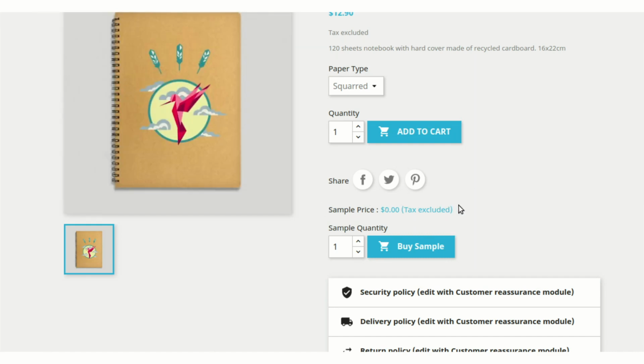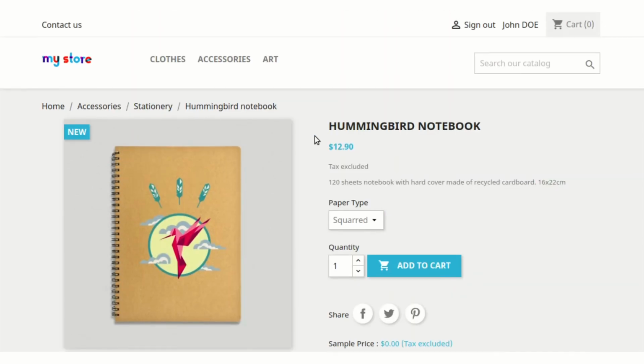As you can see, now the sample price is $0.00. That means it is being offered free. So this was all about the process of offering any sample product, and this was about a standard product.